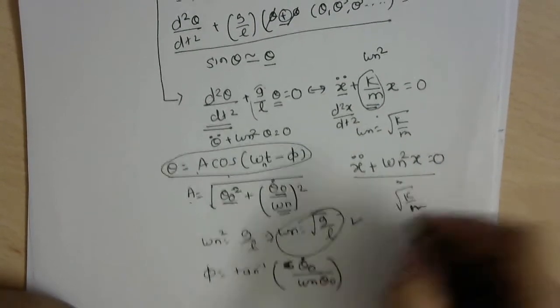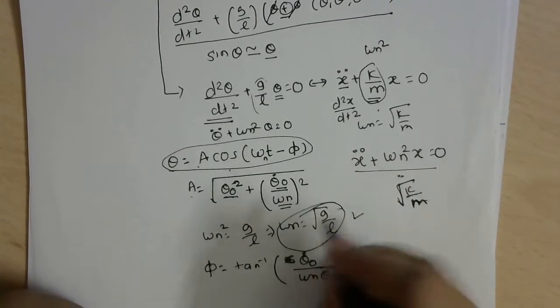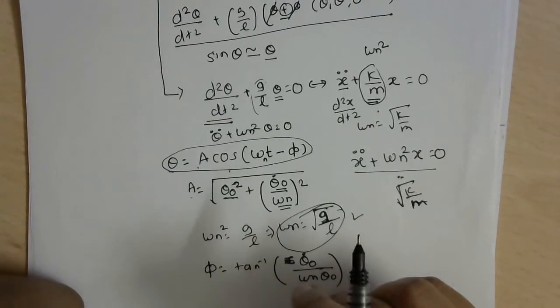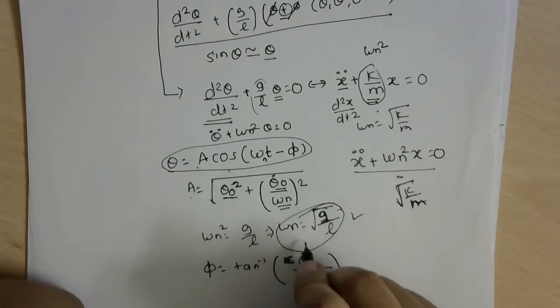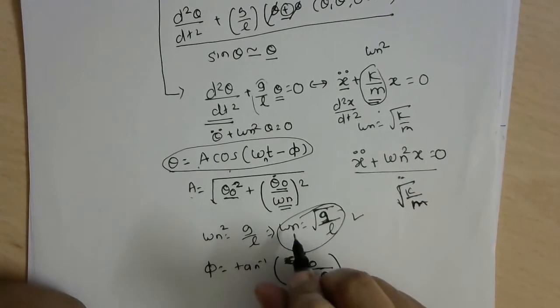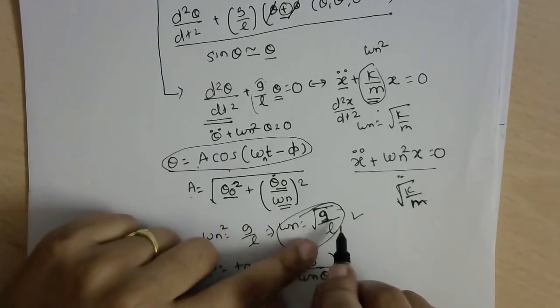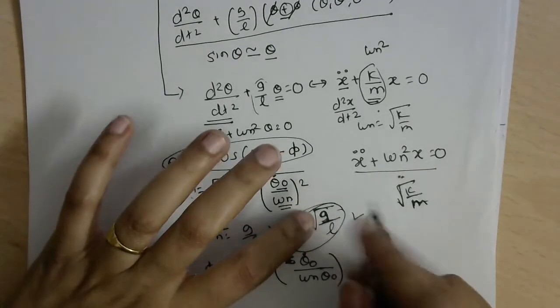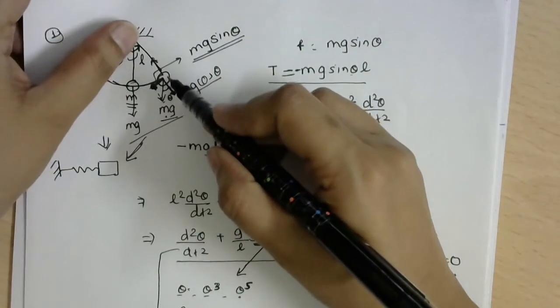Everything else is the same. And I want you to appreciate a very important thing over here. In case of the pendulum, which is a peculiar problem, we see that mass is not coming into the picture in omega n. This is very interesting. So omega n doesn't have any contribution coming from the mass. It entirely depends on g, the gravitational acceleration which is pulling this mass down, and how much this length is.